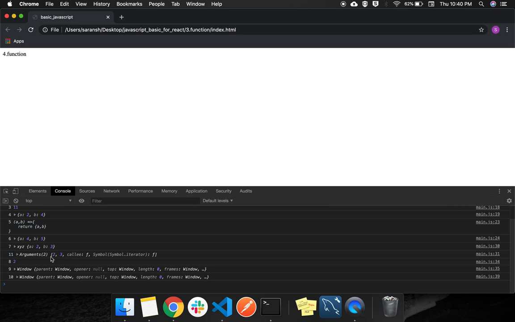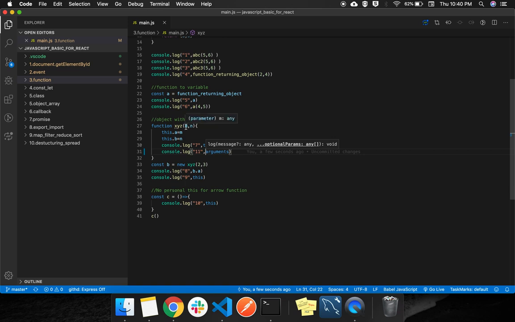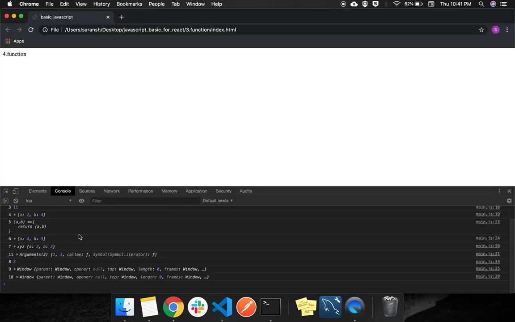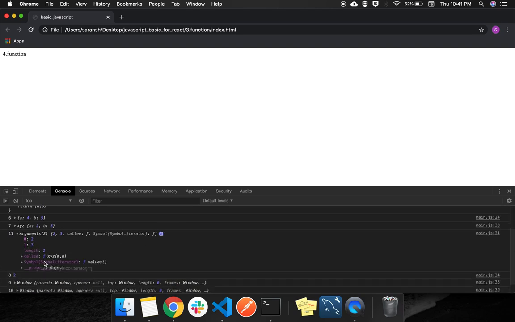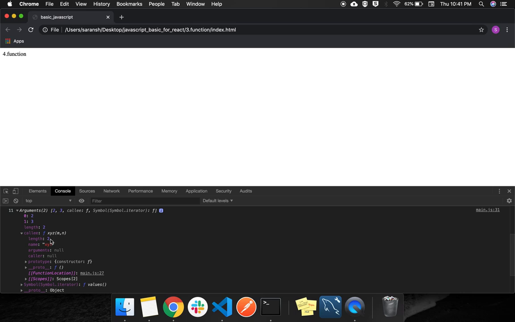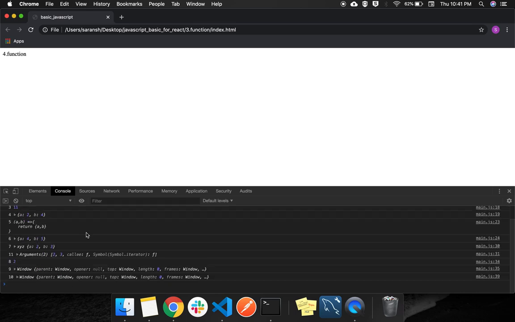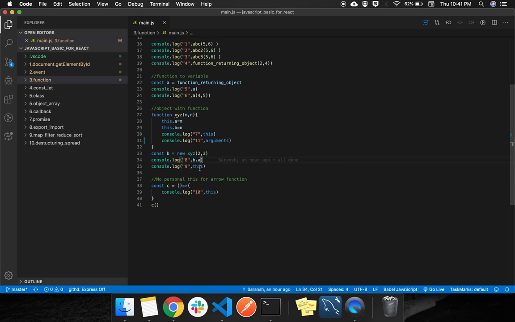It will be the parameters of the function which it has received. Means suppose you have n number of parameters and you don't have to write n number of parameters in the syntax of it. You can get them anytime in the arguments object like this. You can get the callee information also, that who has called it. So the difference between this and this must be clear to you. This is referring to the global context, and this is referring to the context of the function itself.